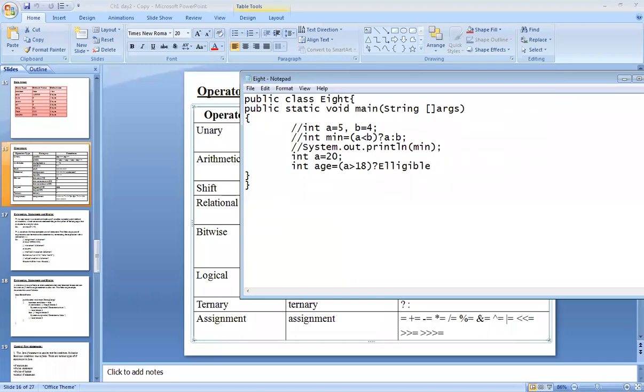So for time convenience, I have written only eligible. Ma'am, age will be a string. Yes, that's why. Okay, understood. Now see what happened if I write a direct string value here.